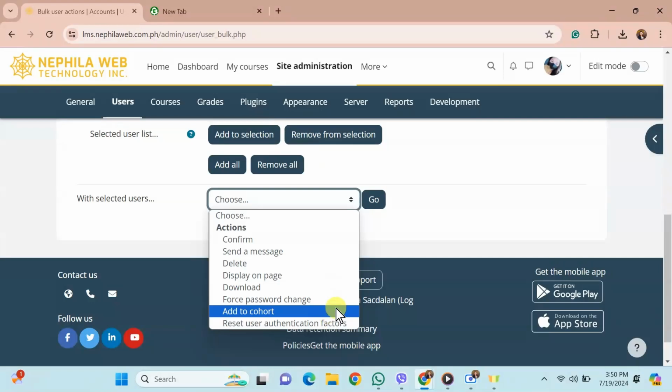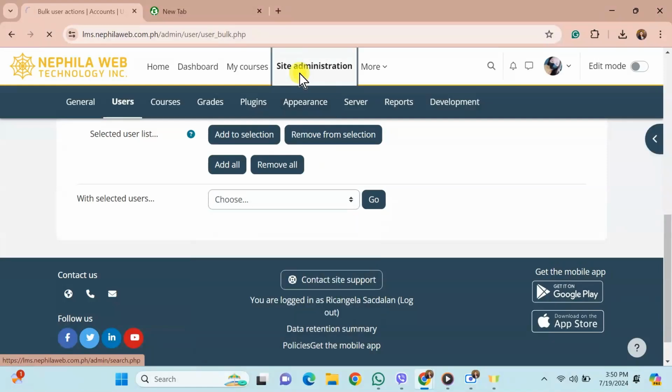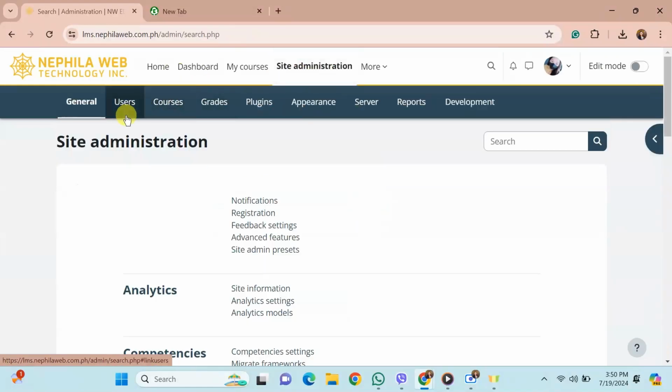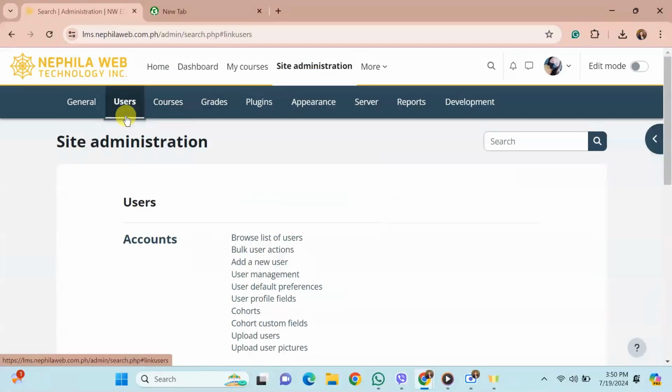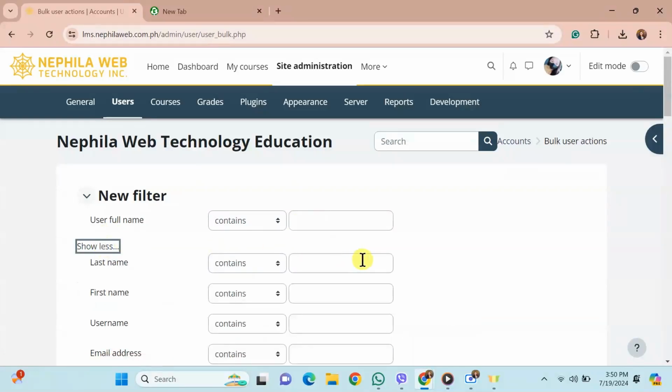First, let's navigate to the Bulk User Actions page. In the navigation menu, click on Site Administration. Under the Users tab, click on Bulk User Actions. If you know them, choose your users from the available list, or else click Show More to reveal more filter